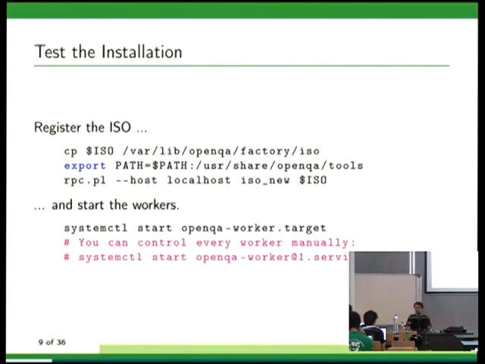The usual workflow of testing is that the first thing we need after the installation process is to register an ISO image. What is registering an ISO image? In the usual workflow of testing, we have a new ISO image that usually contains bugs. At least we need to test that it's okay. And there are different kinds of tests that we can launch. So there is an application in the system that creates the different test sets according to